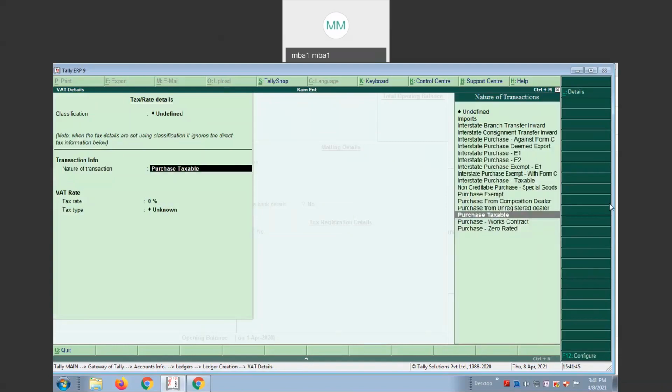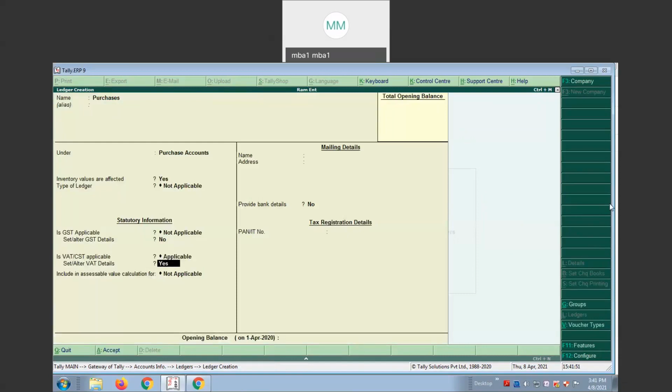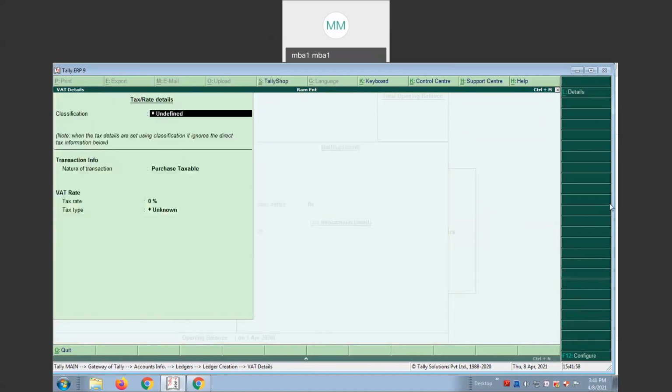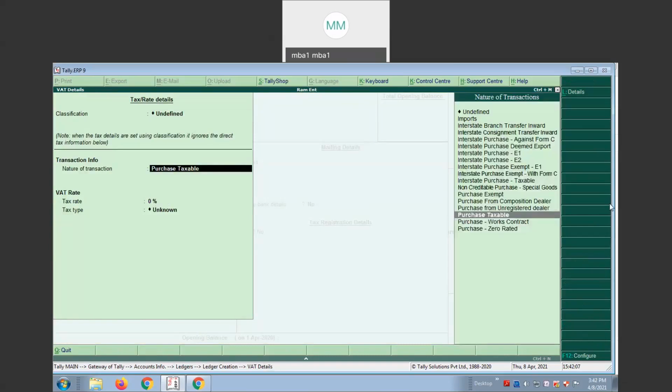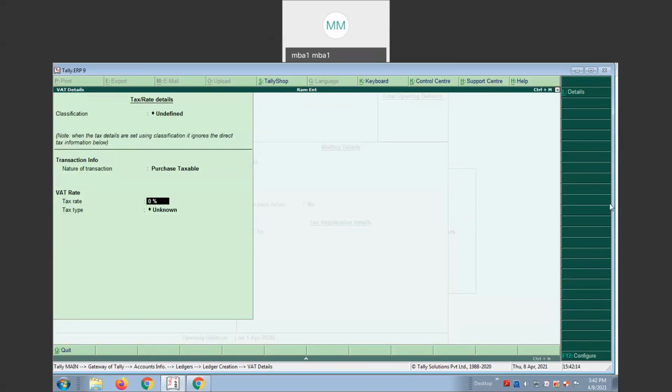For creating the purchase ledger, when you click on set or alter VAT details, you will get this option. Classification not required. Nature of the transaction, on the right-hand side you'll have different options. See, purchase taxable. Tax rate, what is the tax rate, Pooja?